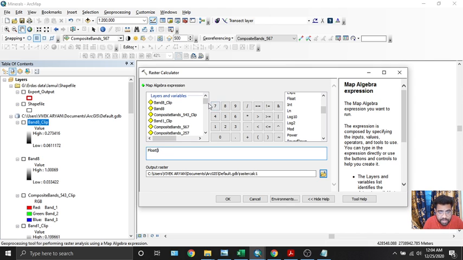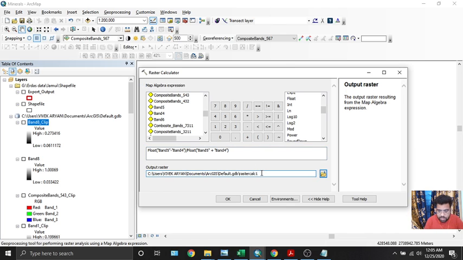So band 5 means the corrected band 5 data minus band 4 atmospherically corrected data, divided by, again we will use the floating condition, band 5 plus band 4, means NIR minus red divided by NIR plus red, and name this output raster as